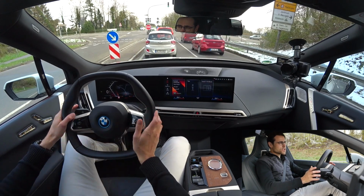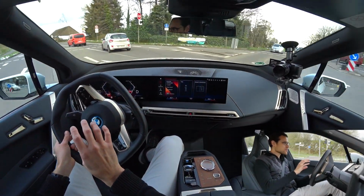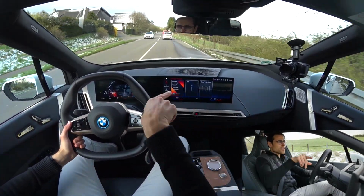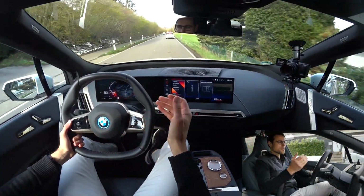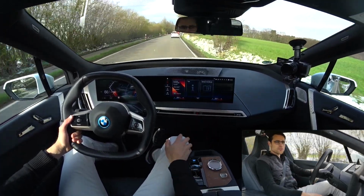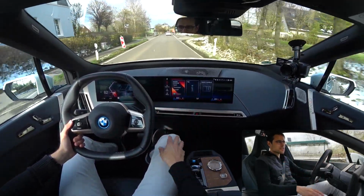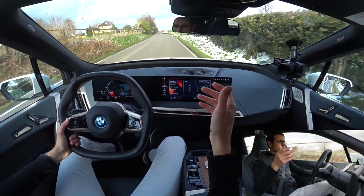But what I do appreciate with the iX3 is that it's a normal car. This vehicle here has a lot of things we already realized while driving, which scream out like, hey, let's change things because we want to change things and not because it's better. The steering wheel looks awesome and futuristic. Is it better to handle? No. That the climate unit went into the touchscreen looks cleaner. Is it better to control? No. The BMW OS8 looks fancier. Yes, you can use Apple Maps in the instruments. You have more functionalities. Is it easier to use? No. And you can add this and this and this, and then...